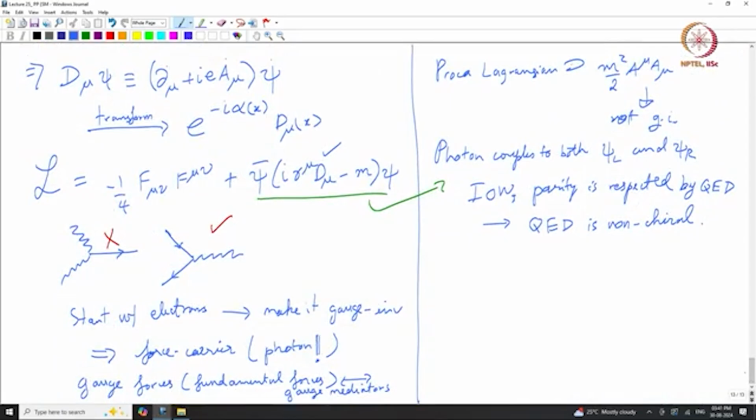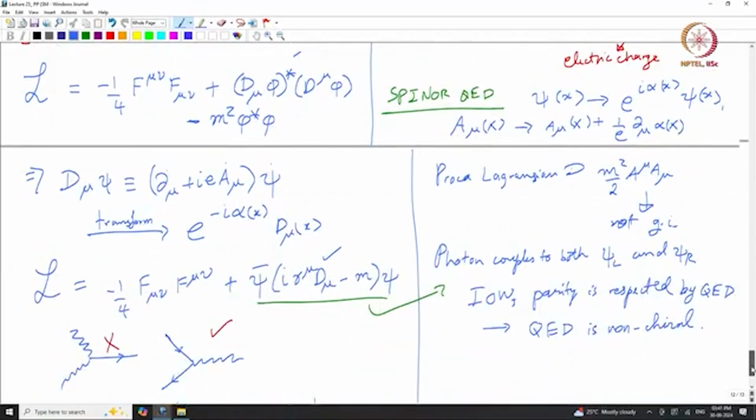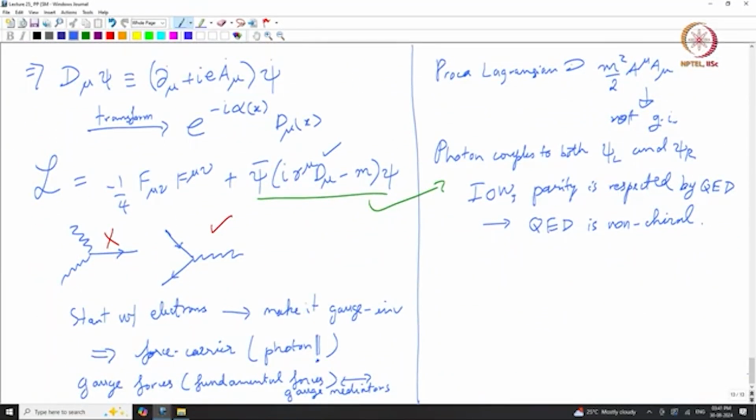So, I am going to wrap up this lecture by mentioning one important thing that could not have been written down from first principles in the Lagrangian here, okay. Nevertheless, that term is there, it is actually what is known as a dimension 5 term, that is why it was not obvious to have been written down here, okay. So, there is a missing term in the QED Lagrangian we just wrote down for spinors,